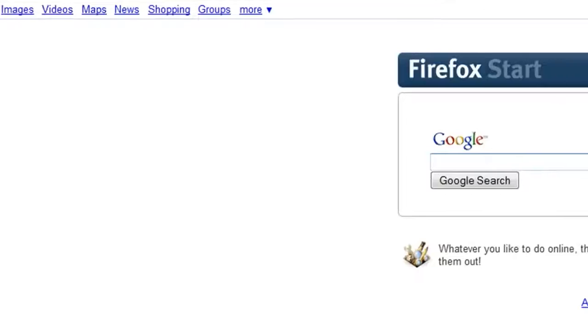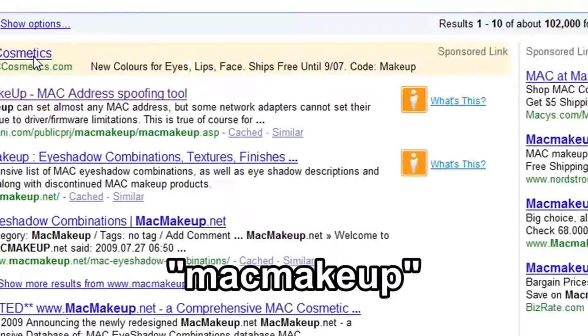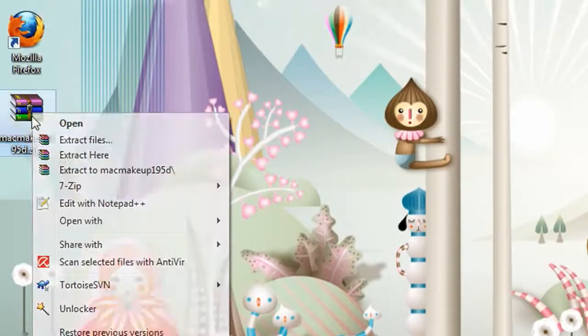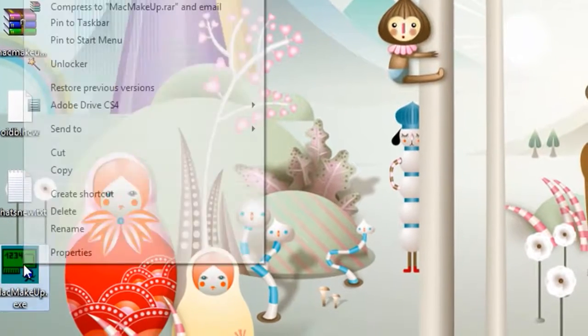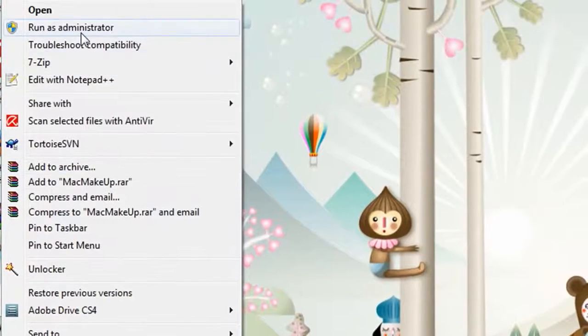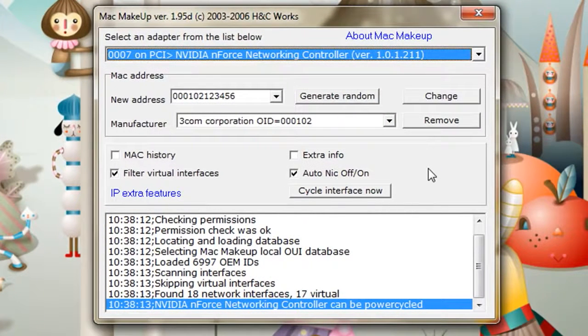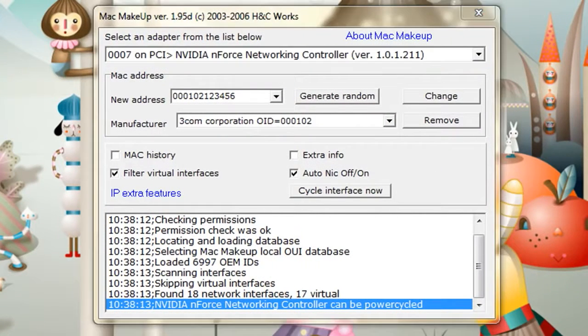Next, you will need to download a free program called Mac Makeup. Once you have it downloaded, go ahead and extract it and then launch the program. If you're using Vista or Windows 7, you'll need to right-click on macmakeup.exe and choose Run as Administrator. If you have multiple network cards, you can choose the one you want to use from the drop-down menu at